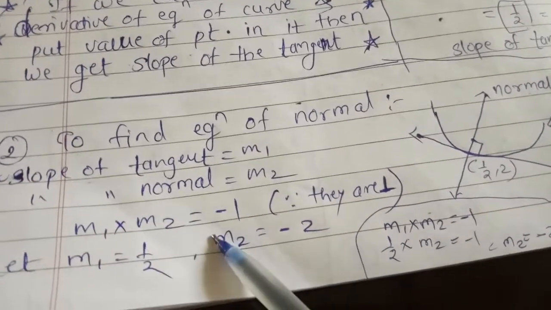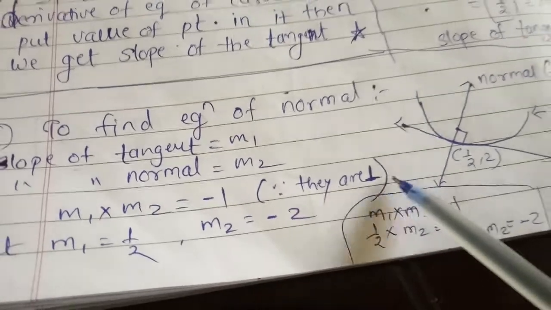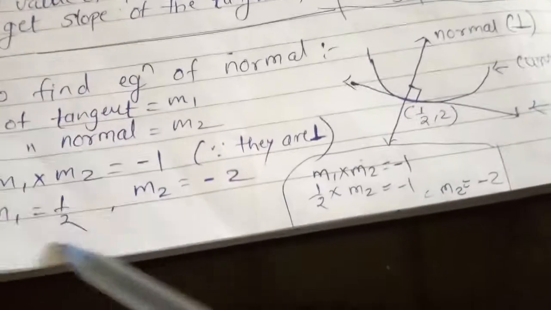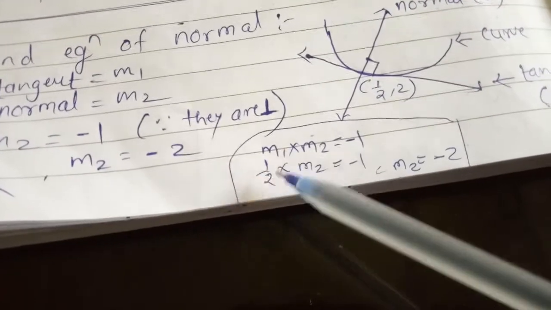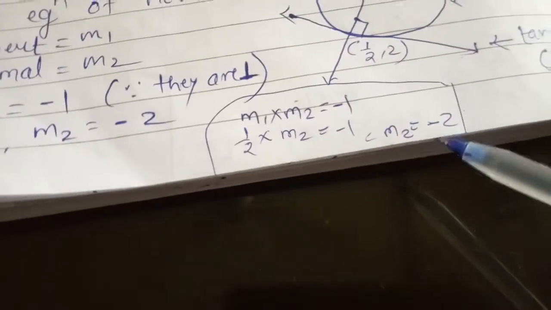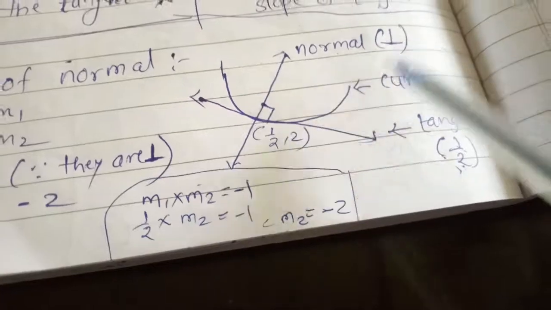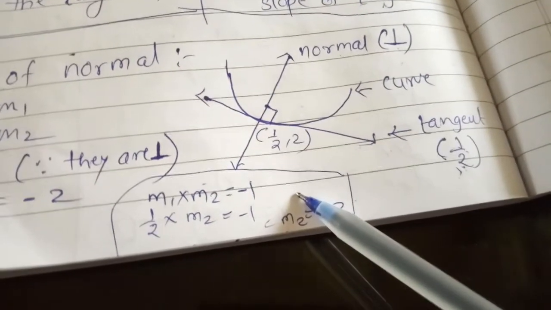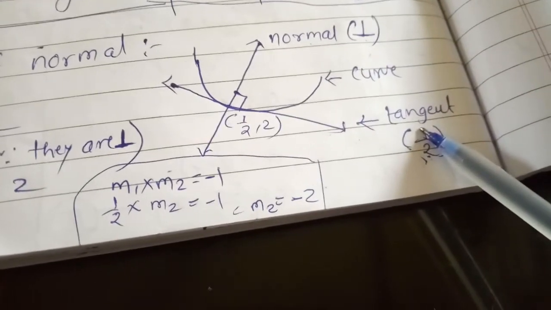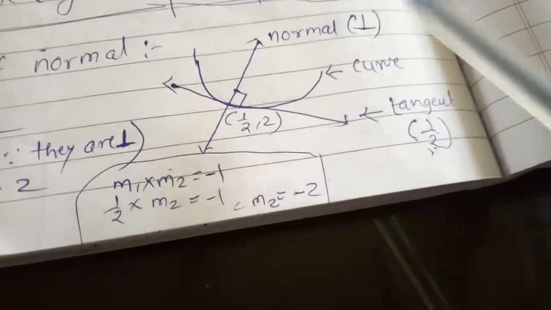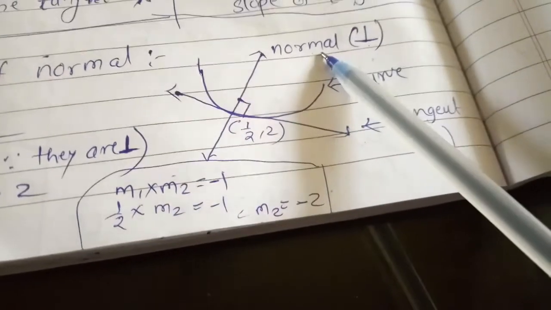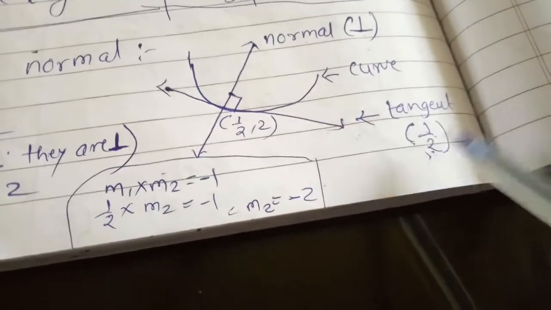So you know that m1 and m2, the product of these is -1 since they are perpendicular. So m1 is half and m2 is -2. So we are going to put down these values here. So m1 is half into m2 is equals to -1. Just move this half to this side, so we'll get here -2. We already found it here. You can directly write it in the exam. There is no need to solve this one. Just keep in mind that if we know the slope of the tangent, then the slope of the normal can be calculated by the minus inverse of this number.